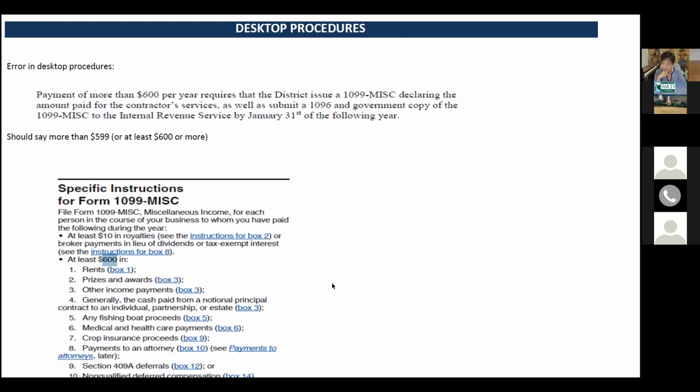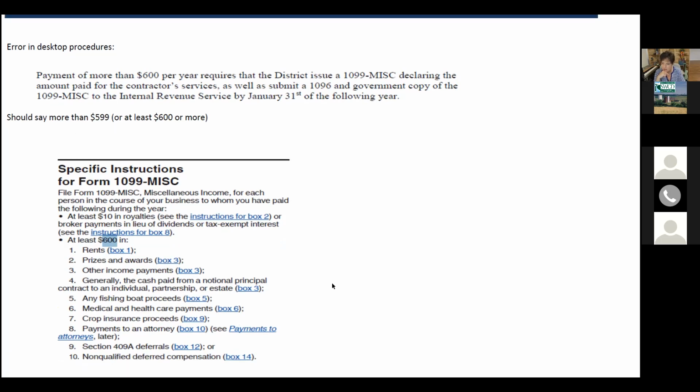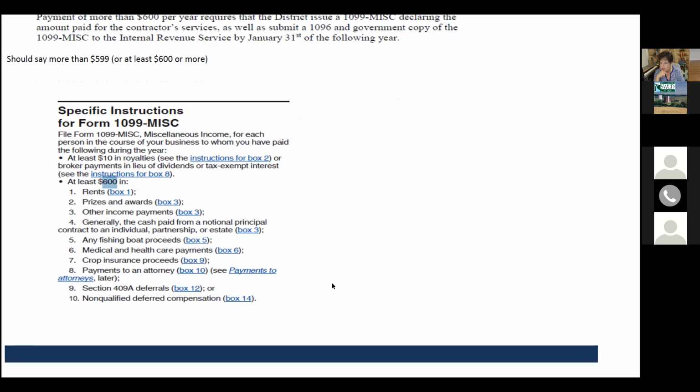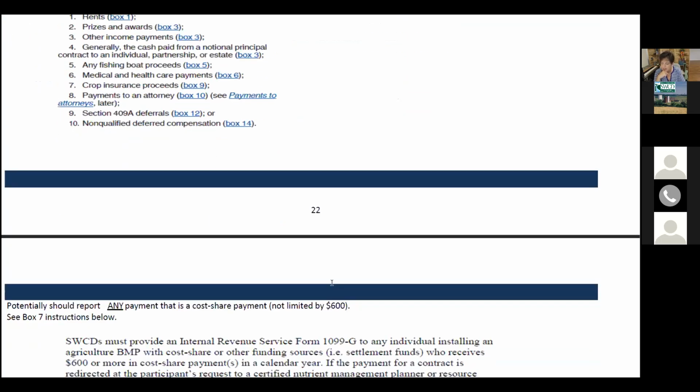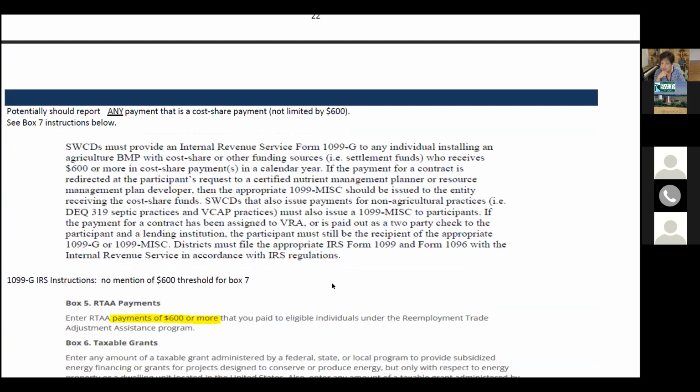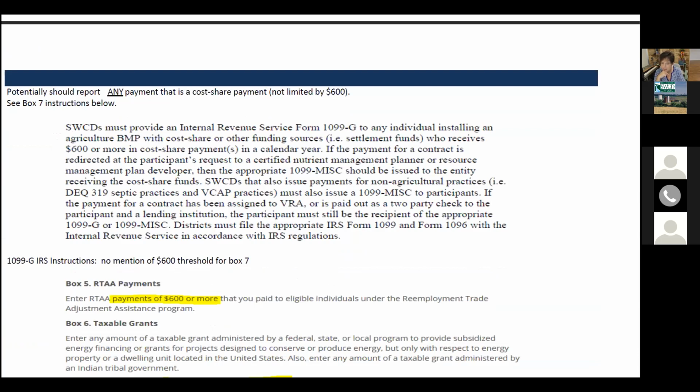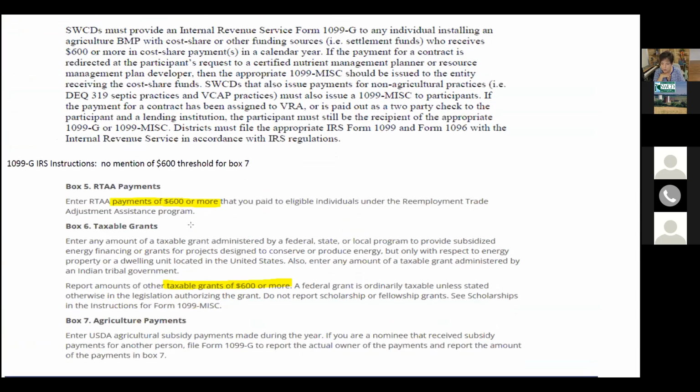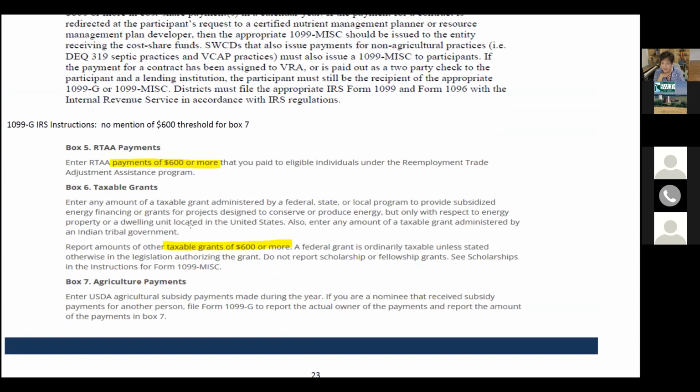So just keep that in mind. I'm not saying the desktop procedures need to be revised just for that purpose, but just keep that in mind. And then it also says that B&P payments of 600 or more, which this would be typically correct, would be reported. But again, I'm not sure in reading the IRS guidelines, and I didn't go back, and this could have changed over the years, because